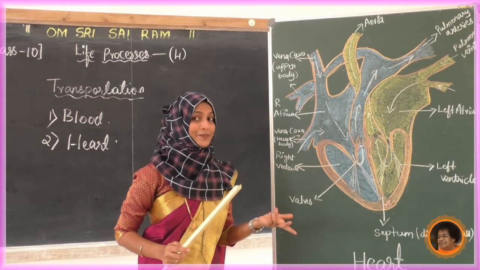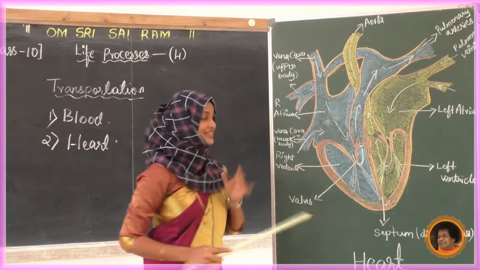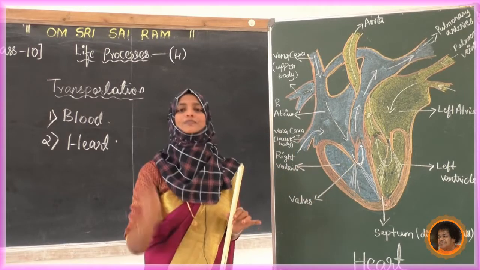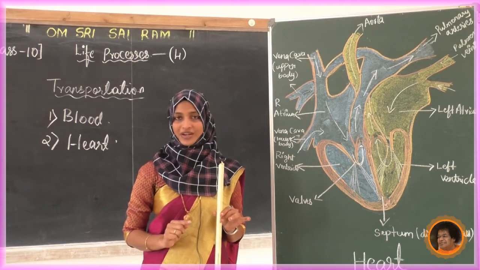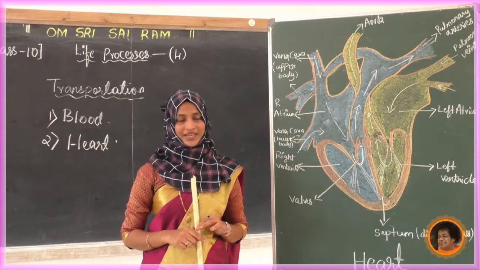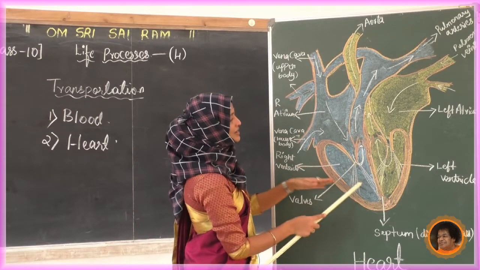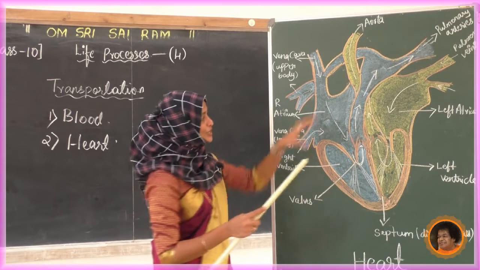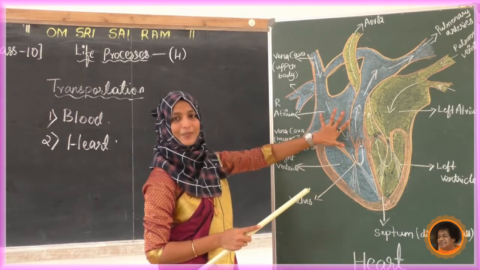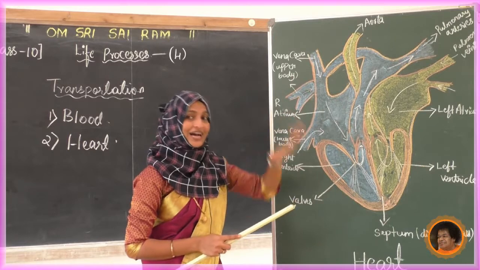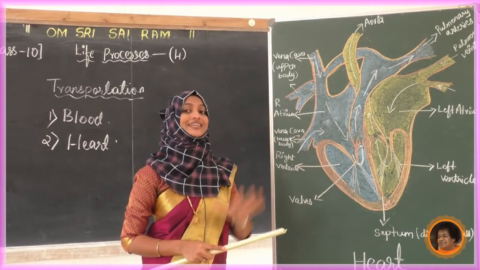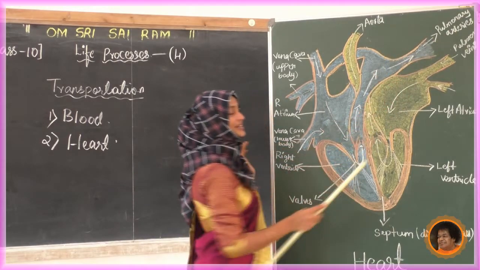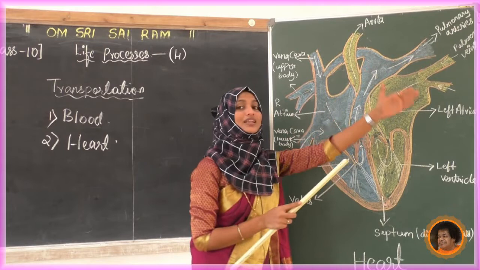What is it doing in the lungs? These are bloods with carbon dioxide, because they come from different parts and different cells of our body. These are all carbon dioxide, deoxygenated blood. Roughly I have given the blue color, because we know that deoxygenated blood is bluish purple in color. So now it reaches the artery, and through the arteries it reaches the lungs.